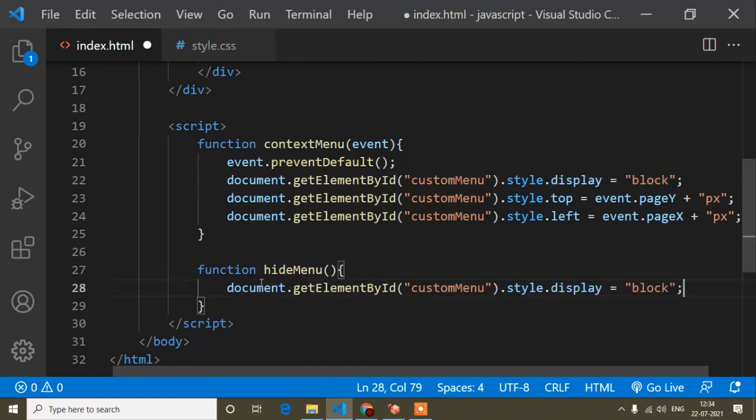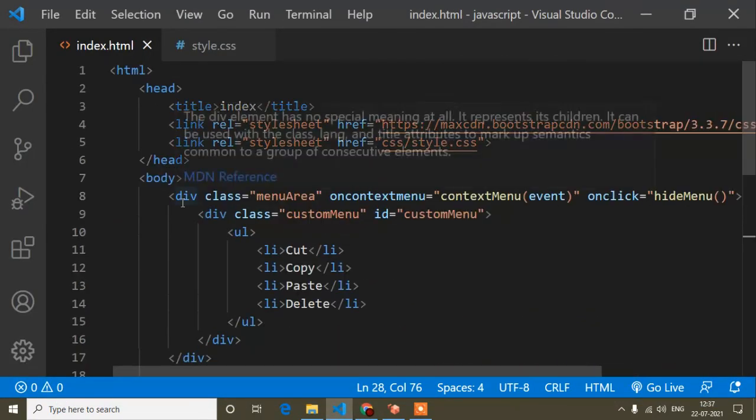I will copy paste this thing and write display none. So save. If I right click, the menu opens, and if I click, you can see the menu disappears, right? When I click outside of the menu but inside this div, the menu disappears.